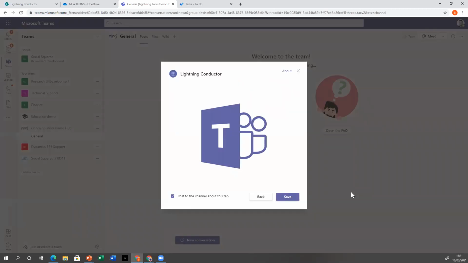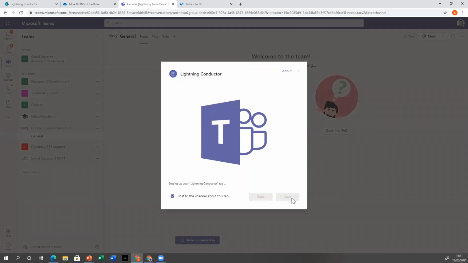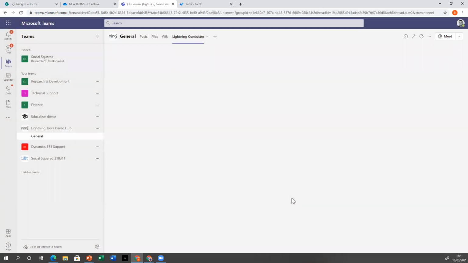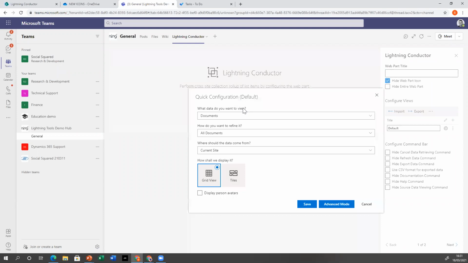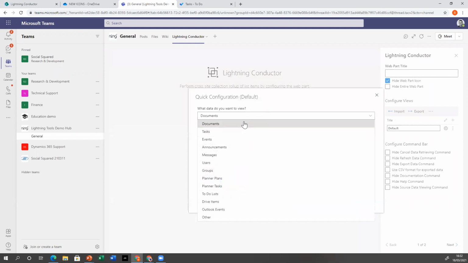You can either add the Lightning Conductor as its own tab, or you can also display a SharePoint page in here as well. So if I display the Lightning Conductor as a new tab, of course I need to go and configure it. It's kind of like a new web part instance. But I'm actually going to take the time to show you some other configurations that we can do, and that is,